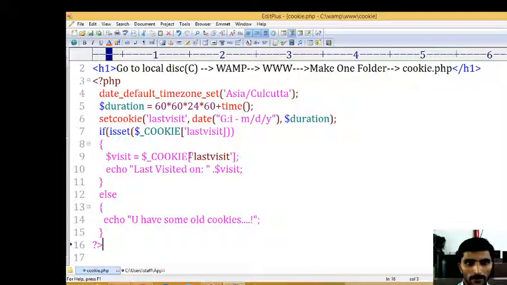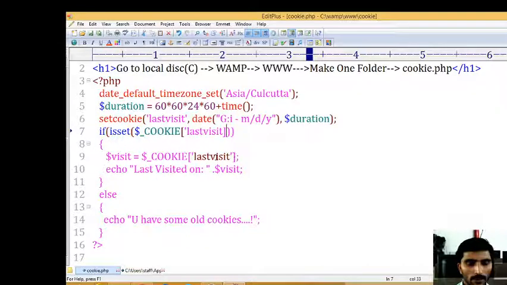If, just a minute, if isset, $_COOKIE, square bracket is complete.